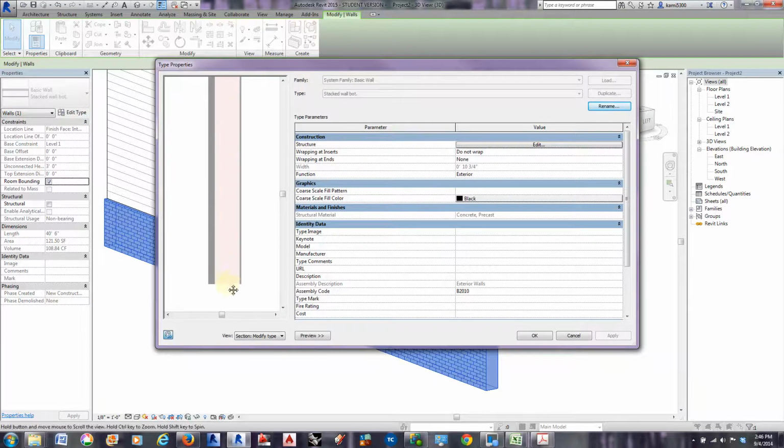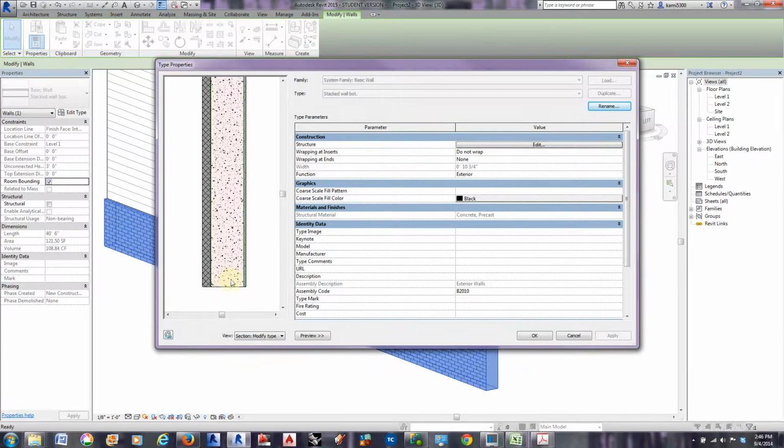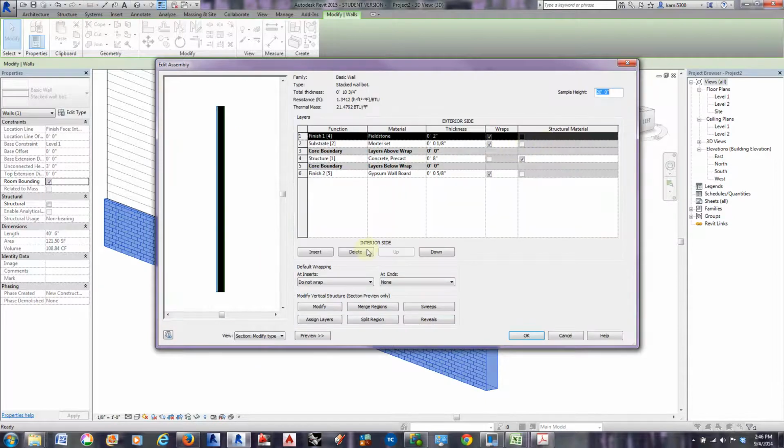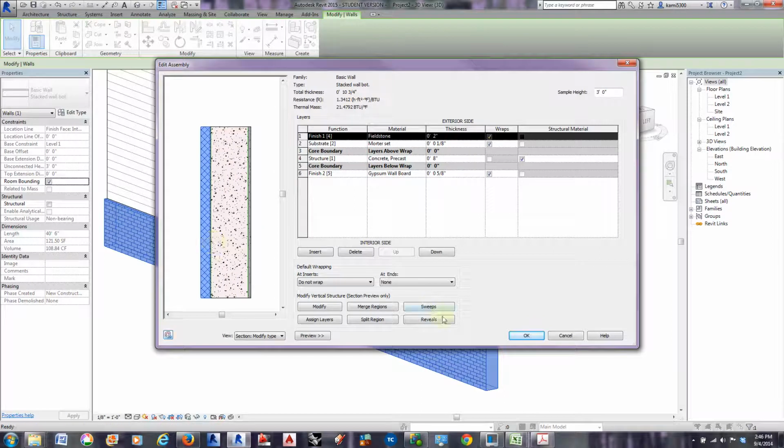Similar to creating a reveal, we can now create a wall sweep. And I'm going to change my sample height to being 3 feet so that we're not dealing with looking at 20 feet of wall. And I'm going to select in my modify vertical structure, I'm going to select the sweep